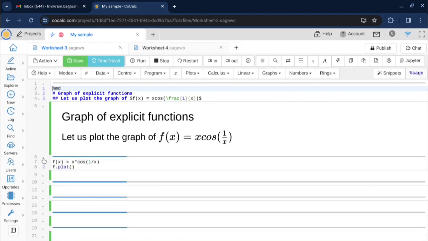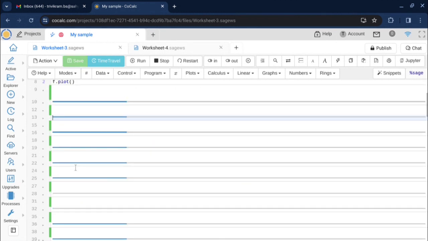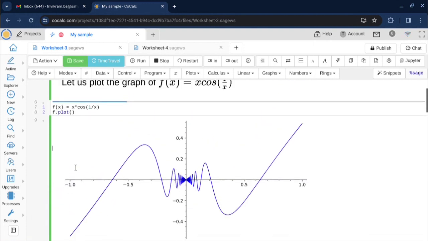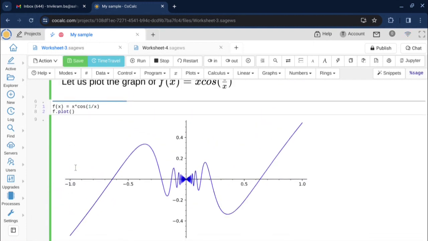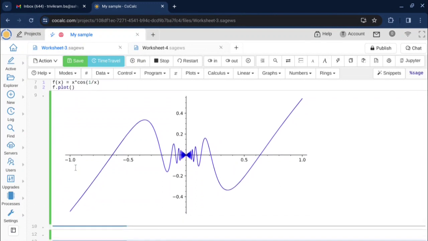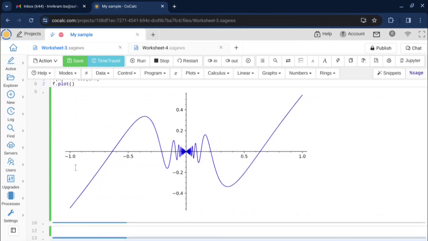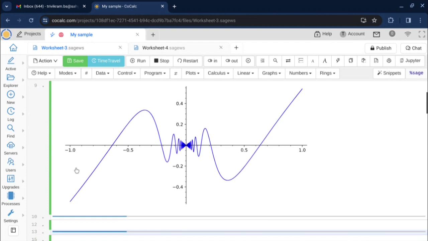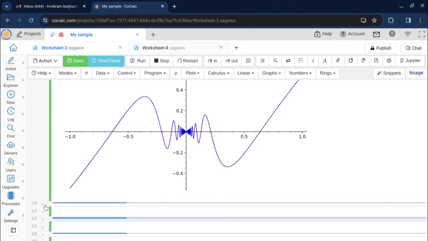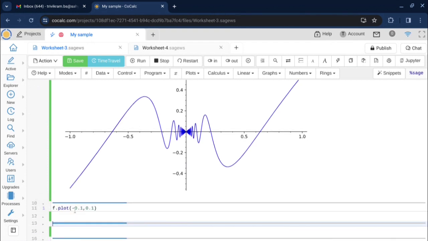F of x I have to define as x into cos of 1 by x. So let us see the simple plot of this. Just select or press shift enter, so it will run. So the graph of x into cos 1 by x can be viewed like this. Now if I want to plot this curve between -1 to 1, so just select f dot plot of